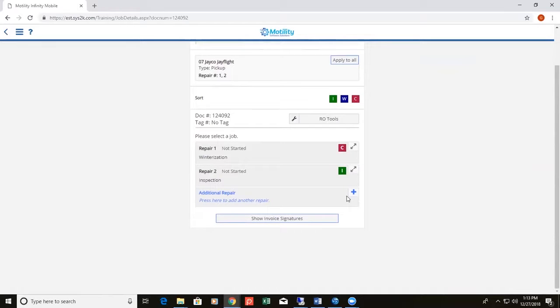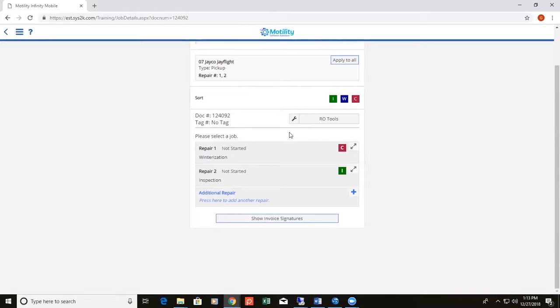Now, you may ask, well, there hasn't been a chance or a place to put parts onto a work order. Currently, as it stands, the parts portion of the work order and the service writing still needs to be done through the desktop version of Infinity. So while you can begin a work order, and generally what this is going to be used as is,